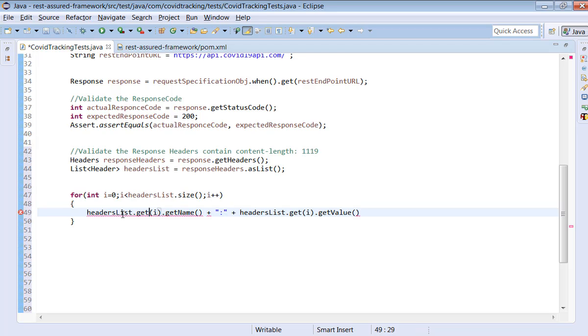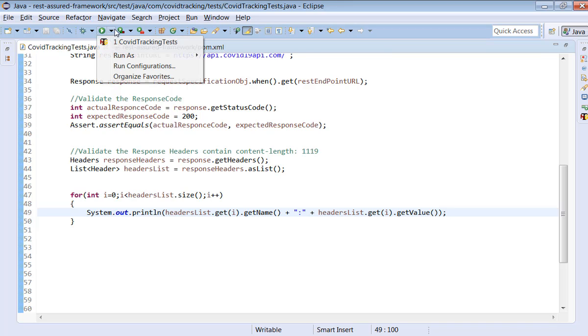What is the key? What is the value? So I'm just printing all the headers with a key and a value. Right, so let me execute this program to understand the headers.